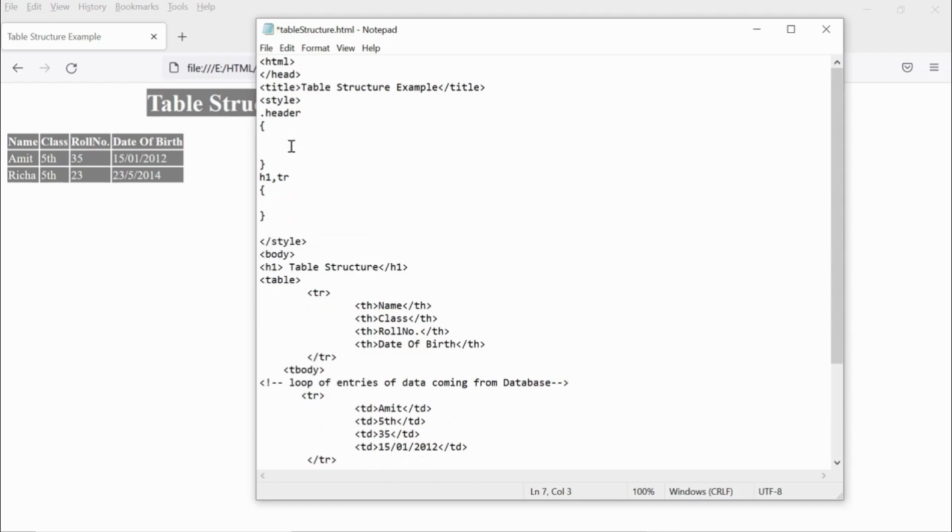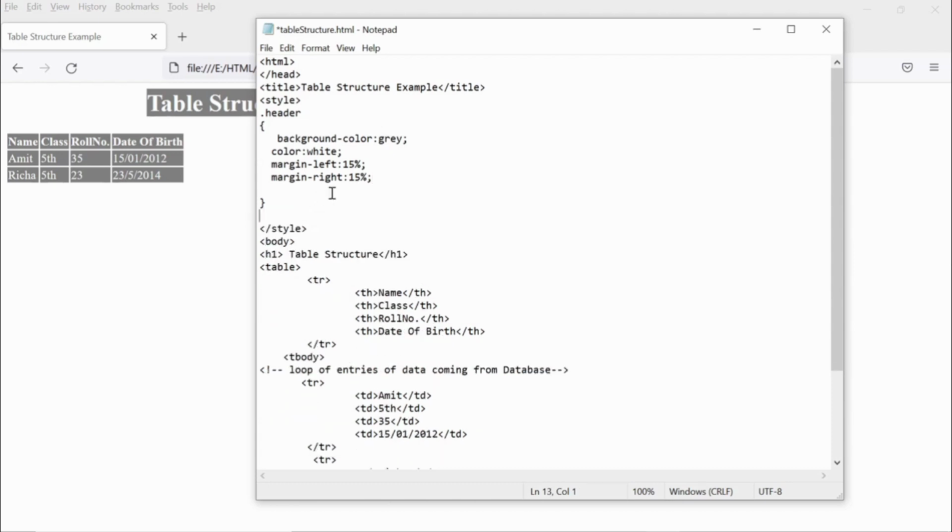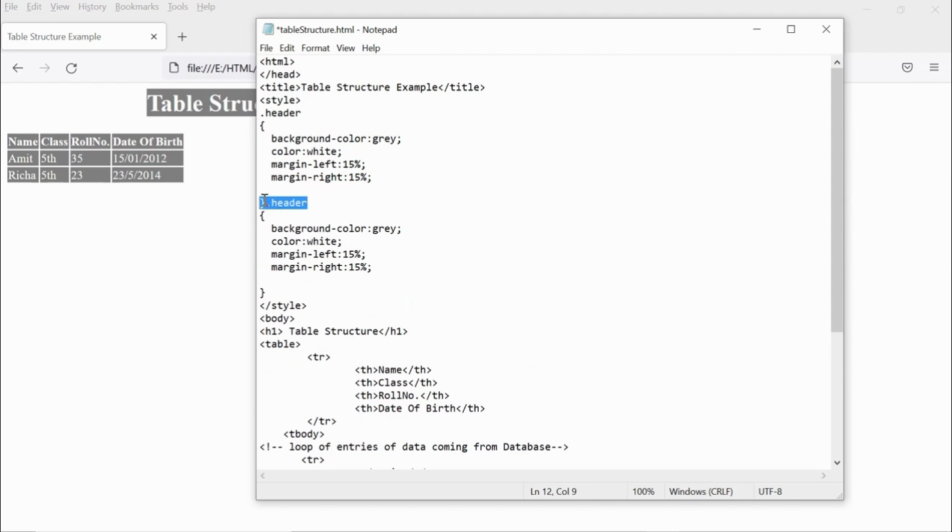So now coming back again, let's move to the header and put the class header and remove these predefined tags in the styling. So I have removed the predefined stylings.